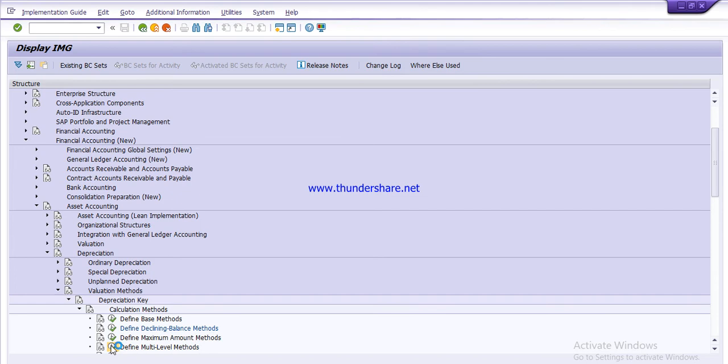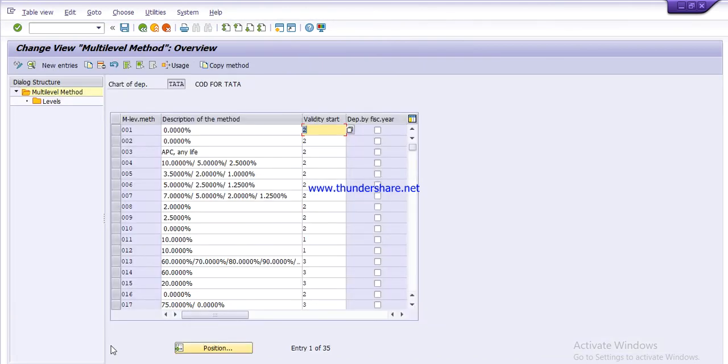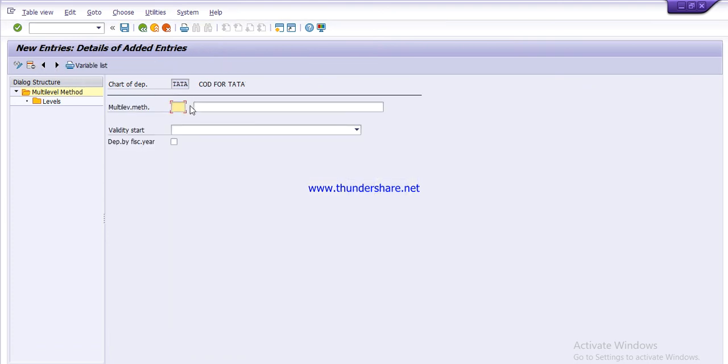Execute it. In this step, we will maintain the depreciation method as we will calculate on the remaining useful life of the asset. So click on New Entries and give a multi-level method code; I am giving TAM, or whatever you can give as per your requirement.